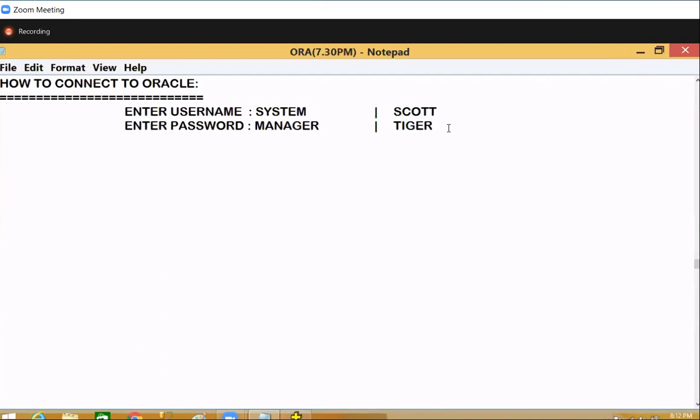Now, their passwords are also default, which were given by Oracle Corporation. We did not create them, it's inbuilt; these usernames and passwords come to us. We are not doing anything. After connecting to system or Scott, any user you can use, no problem. Later, suppose I want to view